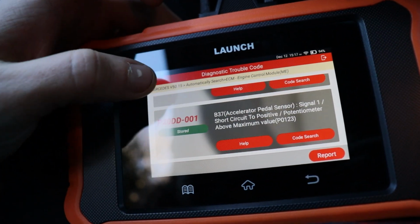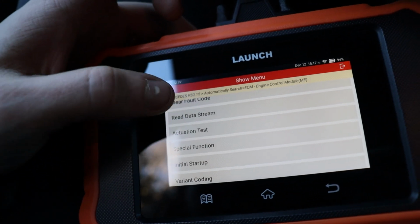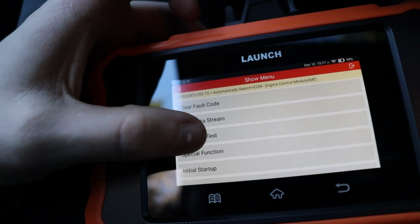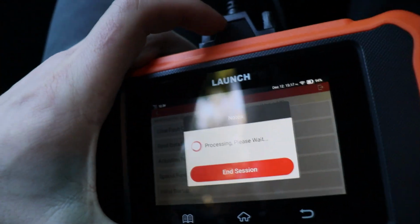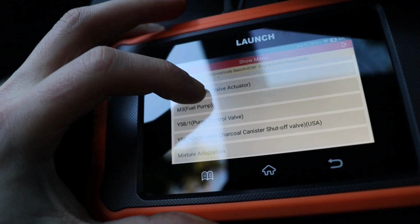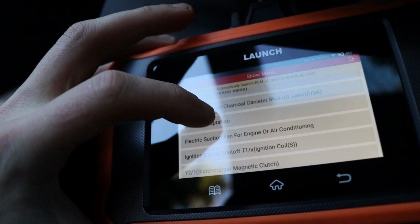Okay. Let's see if we can go. See, like, look at this, guys. It has a lot of stuff in here, actually. Actuation test. Let's see what it shows up as. The only thing I wish is that you could, what's it called? Select what vehicle you want it to go into. Maybe we were able to, maybe I just passed it, but